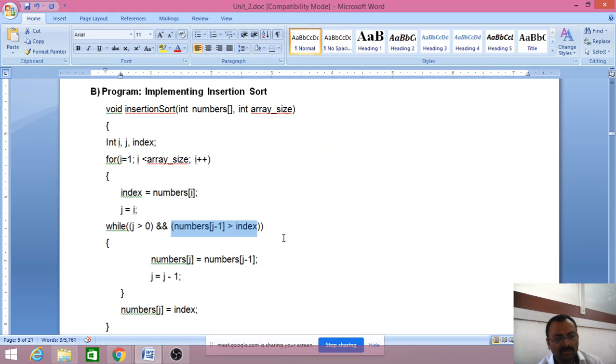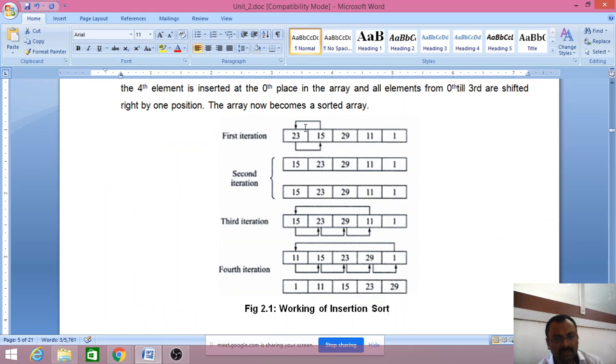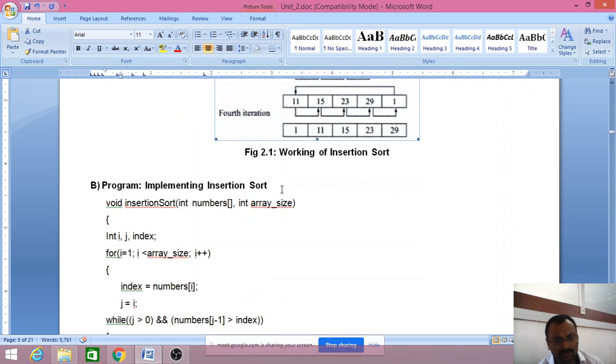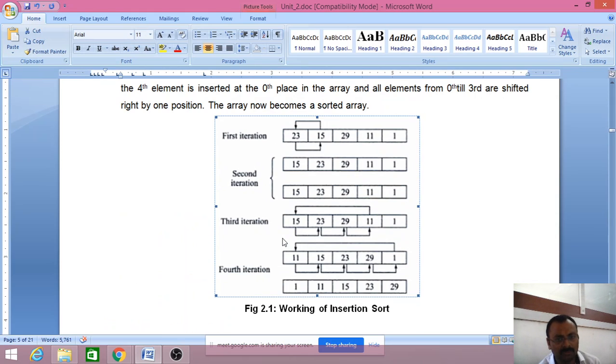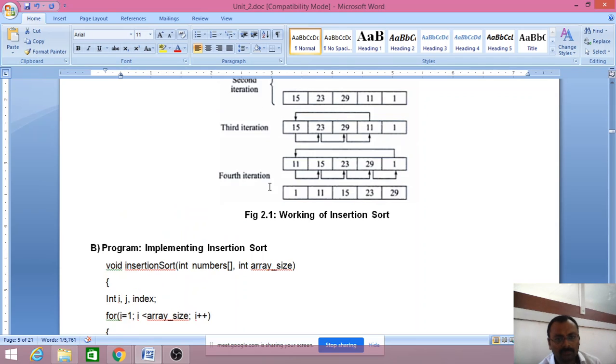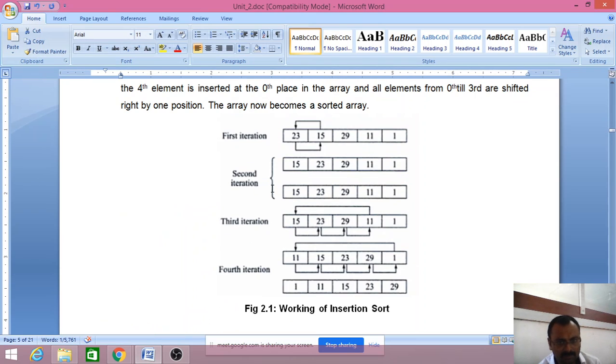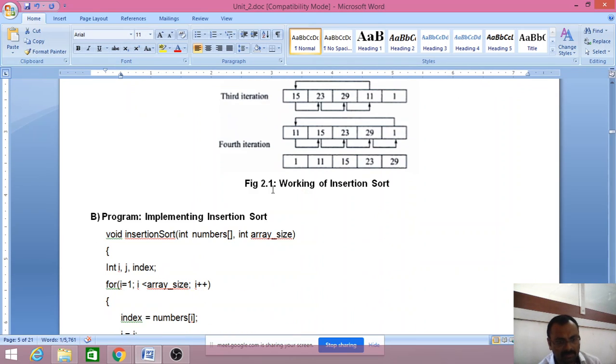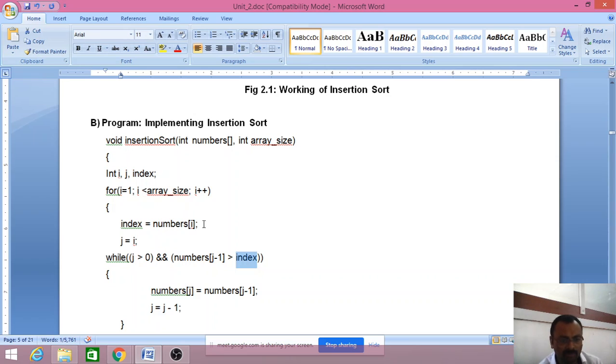Here is the example: 23 is numbers[j - 1]. The value of j is 1, 1 minus 1 is 0, so numbers[0] is 23, and the value of index is 15. That is index = numbers[i], the value of i is 1, and numbers[1] is 15. 23 is greater than 15.